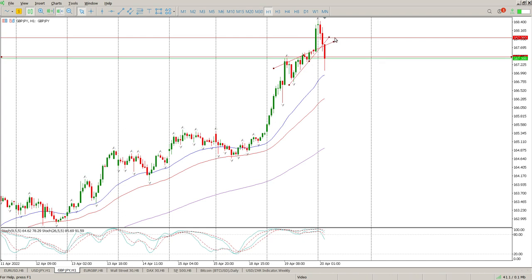So at the moment, that is the situation that we have. We're back in what looks like a channel. We're going to need to break below it. So I would actually be